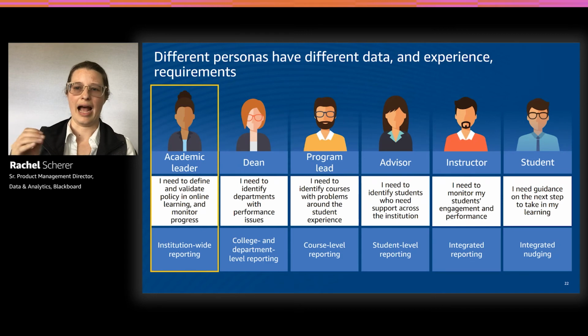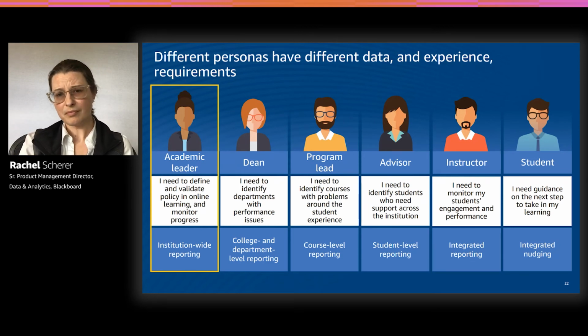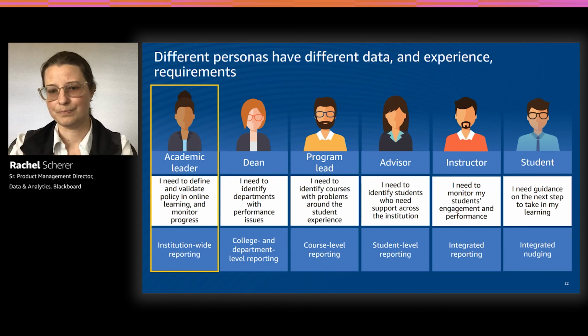We're starting with the academic leader role at the institution. The way we support this role is that we help them remove systemic barriers, so barriers that might exist across the institution to student success, and we try to help create an optimal environment for all learners within that institution. This is really step one in ensuring student success, because you need to build a really strong foundation of an online teaching and learning practice before you can get to the point of making an impact by identifying individual students who need help and intervening there.